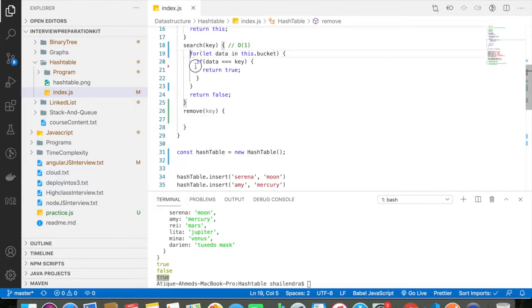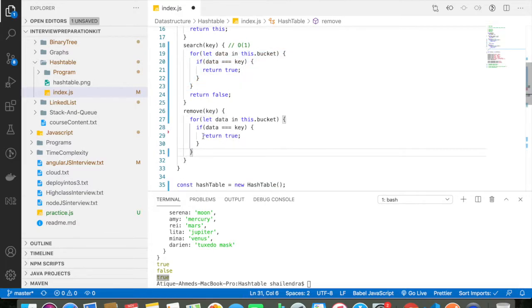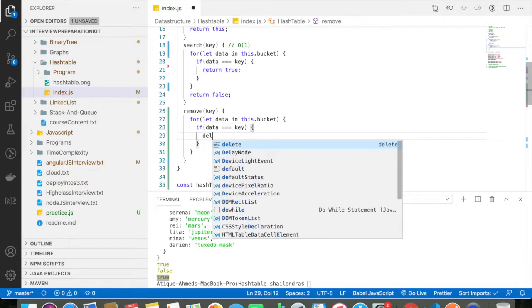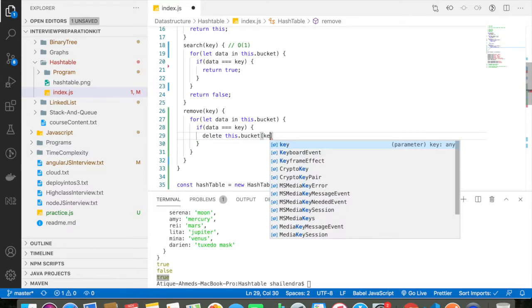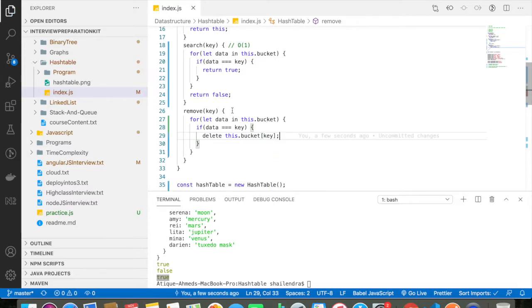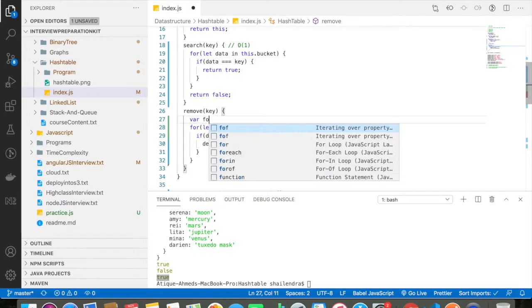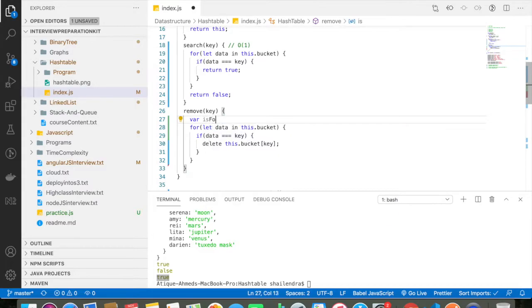So let me grab the code from the search. If we find it, we can say delete of this dot bucket of key. Alright, and let me declare a variable, which I call isFound, which is initially false.